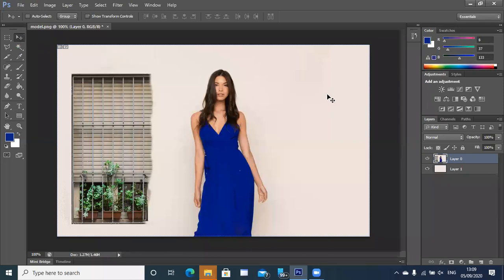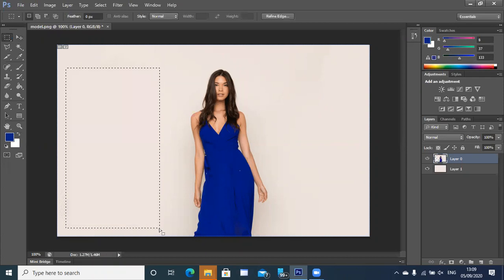You can erase only replicated areas this way. You won't erase original areas. If you want to erase original areas, select the area and remove it. The way I did it in the very beginning, with the move tool. Suppose I don't need this part of the image anymore, I can just select the area and remove it with backspace or delete. So the image area will go away. Simple.